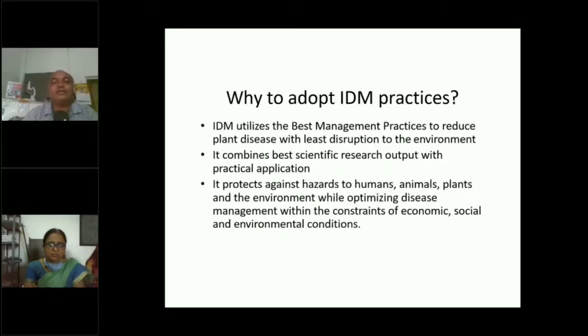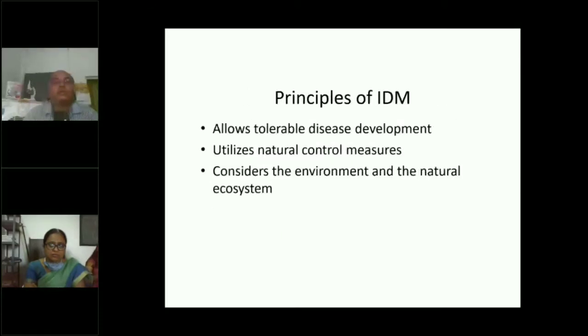integrated disease management practices for management of plant diseases. The principle of IDM is that it allows some tolerable disease development, because there are friendly organisms available in the field that will take care of this tolerable disease which has already developed. Then we can utilize natural control measures so that it will be eco-friendly. It has less impact, less damage to our ecosystem, less damage to our environment. That's why the maximum application is utilization of natural control measures. Then consider the environmental and the natural ecosystem. That's obvious for